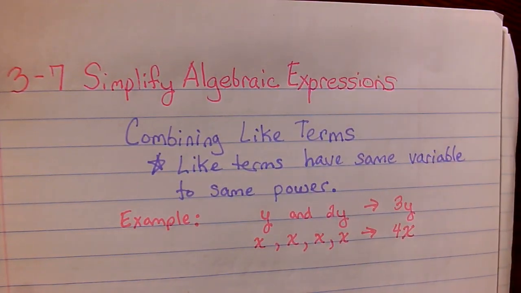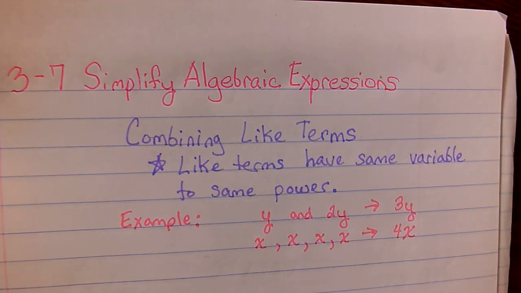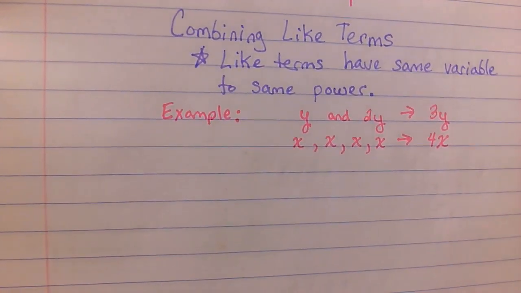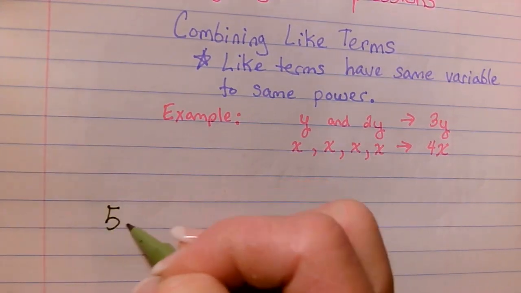Now, combining like terms doesn't always mean addition. It could mean subtraction as well. And simplifying things, if something's being multiplied or divided, you would simplify that also. So let's talk about some examples now of actual expressions. Let's look at this one. I'll make one that looks pretty long, but it's not like you think it is. It's pretty basic. You have 5a